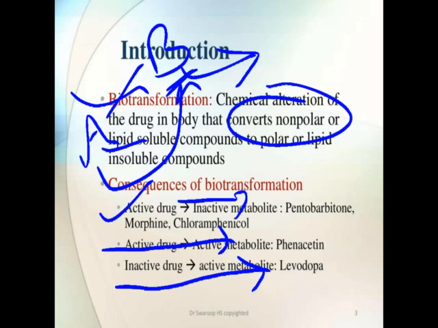So how does the conversion of a prodrug into an active drug happen? Due to the process called biotransformation. So biotransformation means alteration of a lipophilic drug into a hydrophilic drug, and during this an active drug can be converted into an inactive form, an active drug can remain in active form, or an inactive drug can be converted into an active drug. For example,